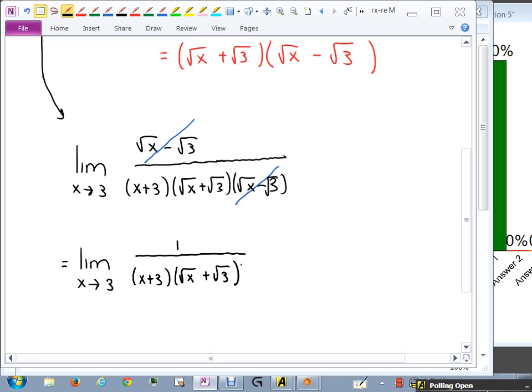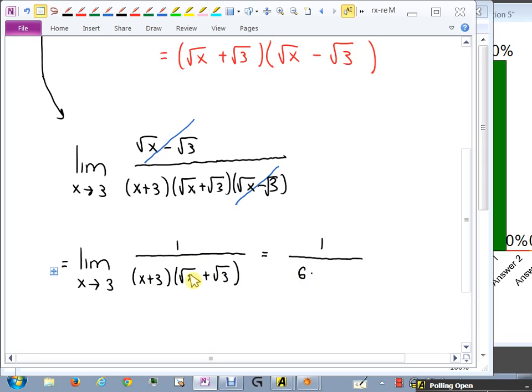Now please let x approach 3. What would you get on top? Just the 1, right? On the bottom, you're doing 3 plus 3, 6,